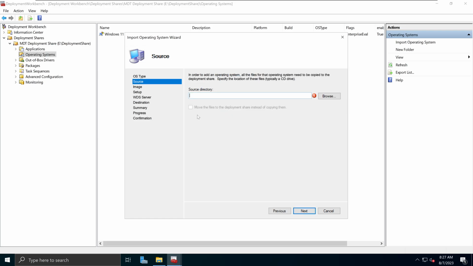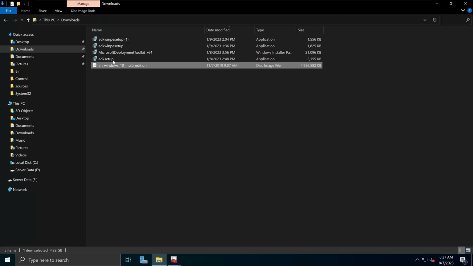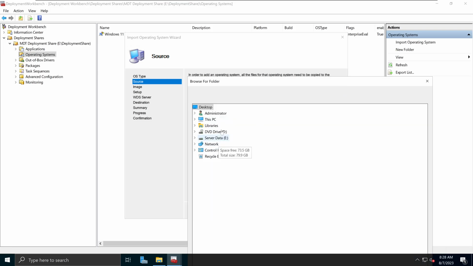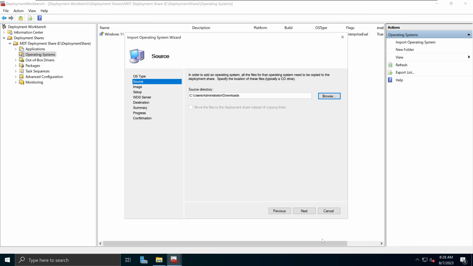And when you click next, and when you select the source directory, when you select this download folder, it will come back with an error because it cannot see the files contained within this without mounting it. I will show you what I mean by that. So I go browse here. And if I go into this PC, and if I go to downloads, and in here, if I click OK